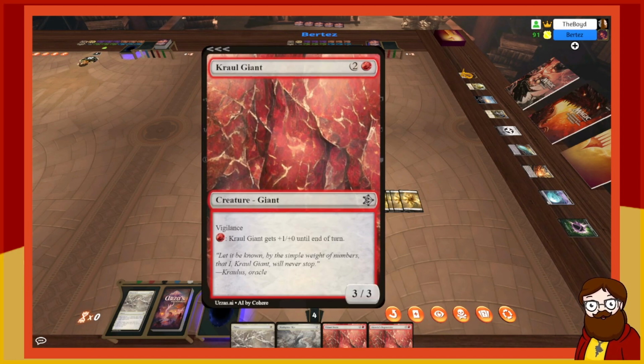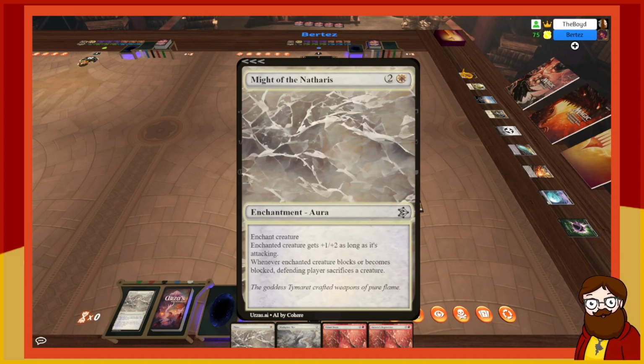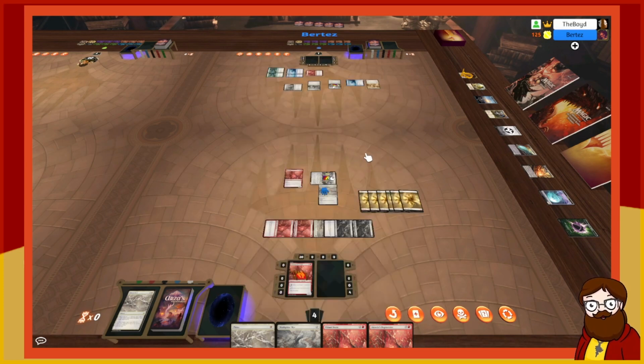So this is a 6/6 with vigilance, so it doesn't tap, and this is a 2/6, where if you block it, whenever enchanted creature blocks or becomes blocked, defending player sacrifices a creature. Which is worth pointing out that if I block, I have to sacrifice a creature because I'd be the defending player in that scenario, which is great. So no, they're sort of required to be the attacker. I will take 2 more commander damage, and you're up to 6. 8. Okay, so I go down to...